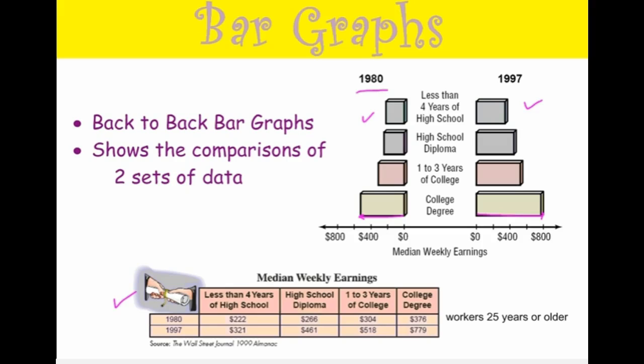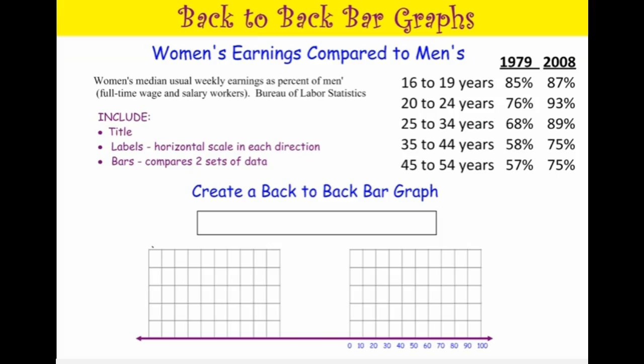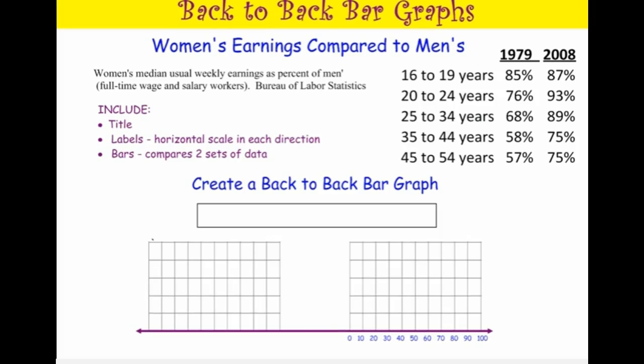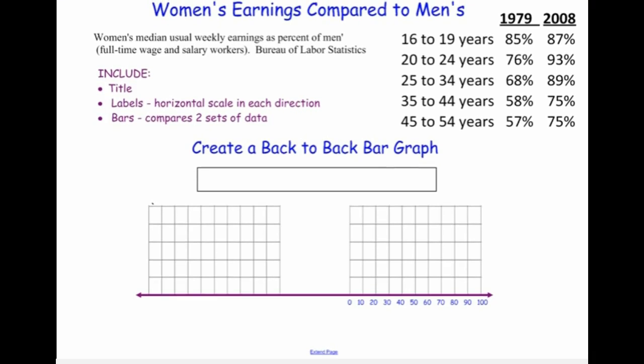This is data coming off of a chart and put into graphic form. Back to back, they share the labels or the categories of these bars. So I'd like us to make one of these back-to-backs. This one will compare women's earnings to men's, and this is women's median weekly earnings as a percent of men's